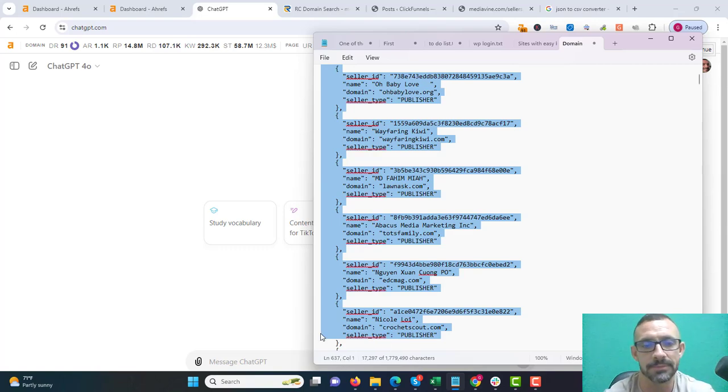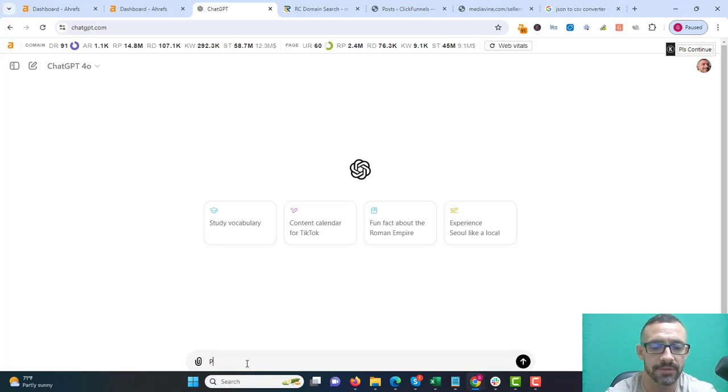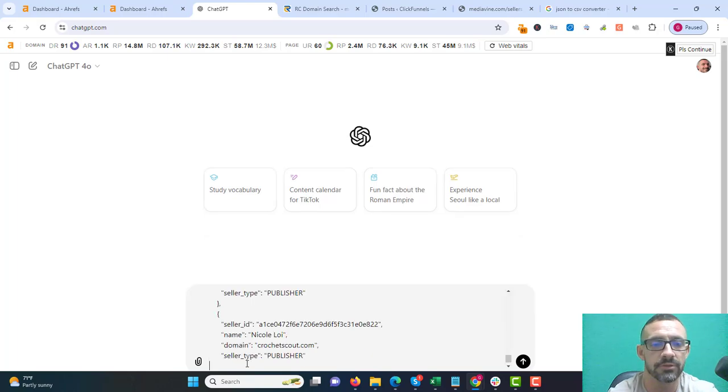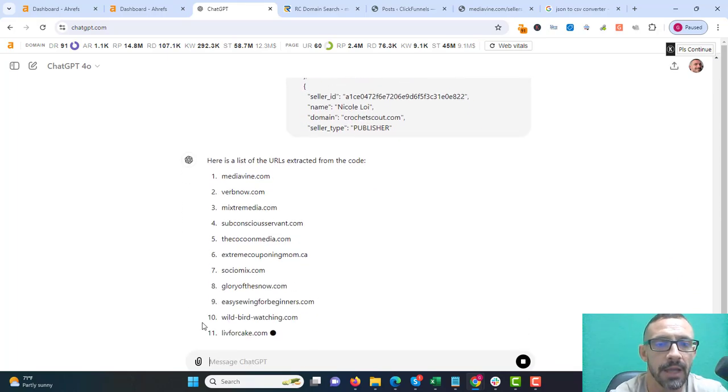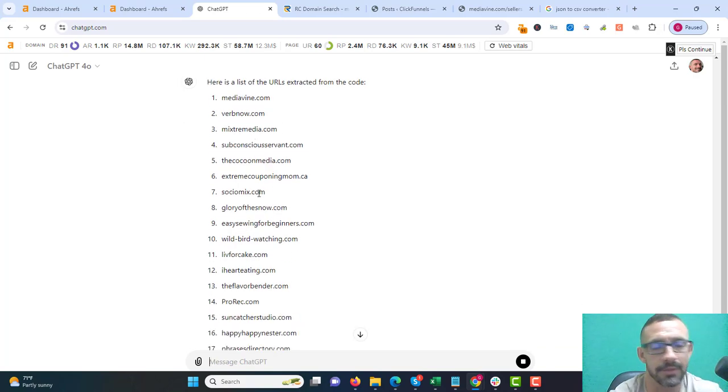I'm at 637, and then I'll go to ChatGPT and say, please extract all of the URLs from this code and just give me a list of the URLs. Okay, so we'll start there. What that's going to do is just extract all the URLs from what we give it. And you can see here's a list of, it's going to be like the first 100 or so websites